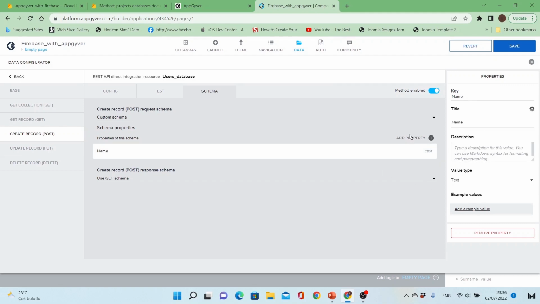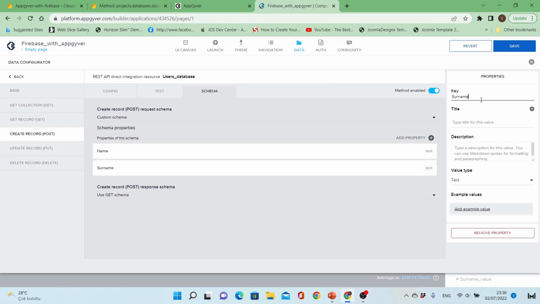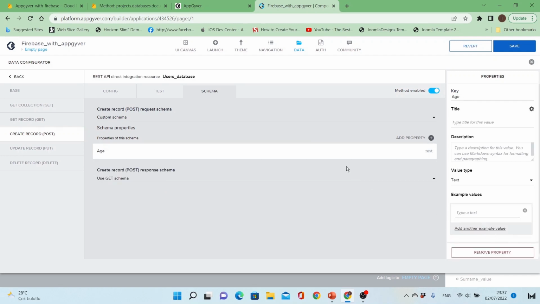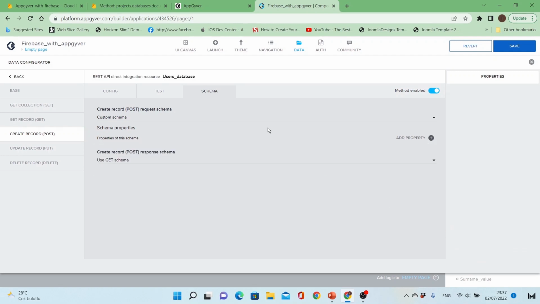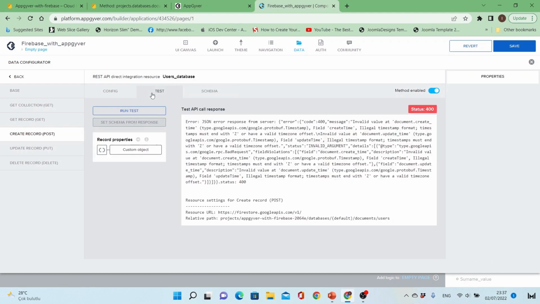But imagine that you have an object with about 20 or 25 keys. It will be very difficult to add 25 keys. So I'll show you another way to do this. Let's remove these properties and go back to test